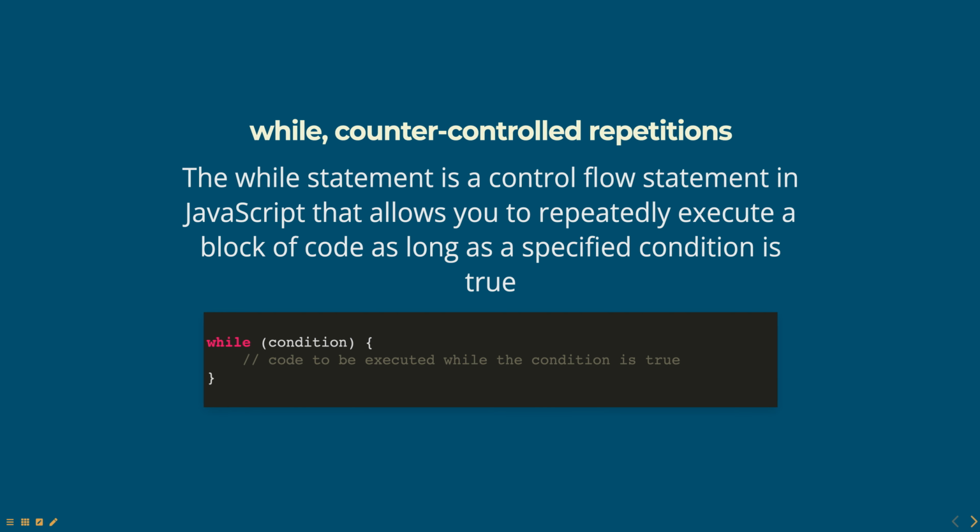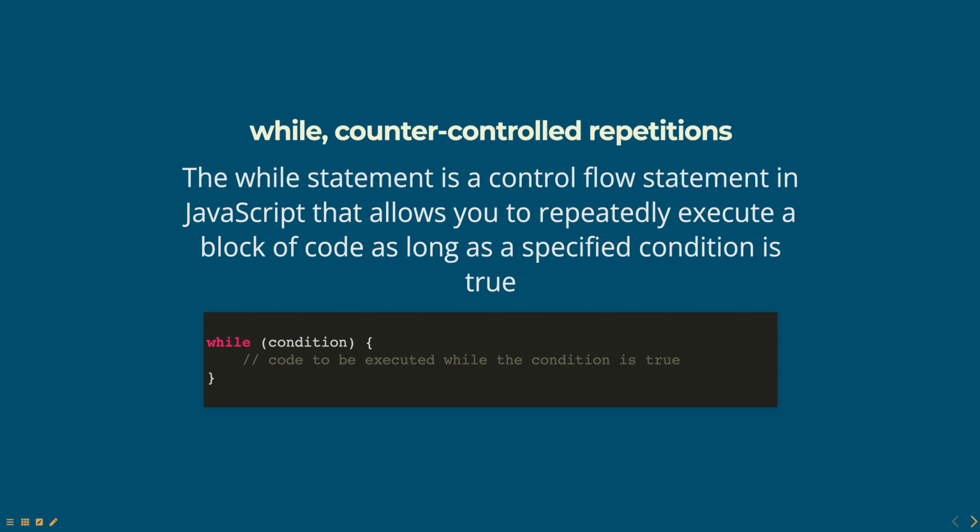The basic syntax of the while statement is as follows. The condition is an expression that evaluates to a Boolean value, either true or false. The code block following the while keyword is executed repeatedly as long as the condition is true. Once the condition becomes false, the execution of the code block stops and the program continues with the next statement